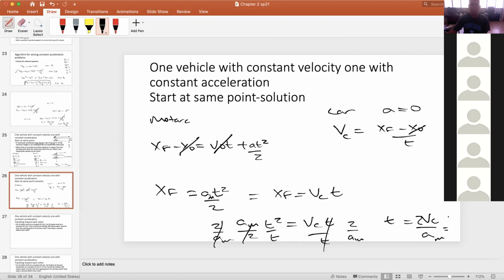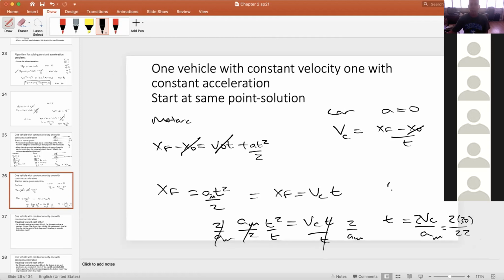The car was doing 30. The motorcycle was doing 22. So this is 30 times 2 times 30 divided by 22, which is 2.73. So T is 2.73 seconds. It should be seconds. Now that I know that, I can